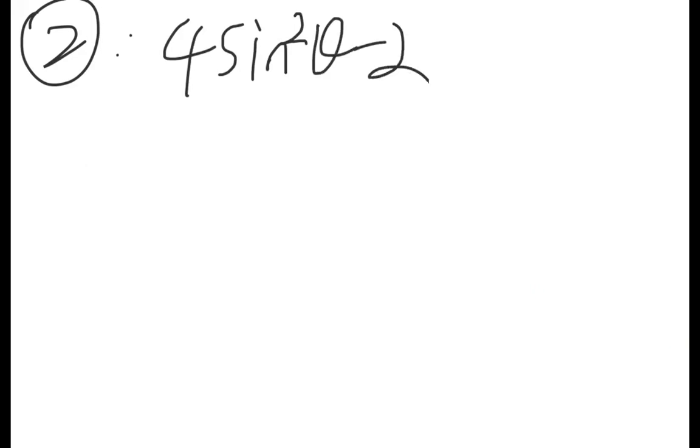you have four times sine square of theta minus 2 equal to 0. So in this case, you have the square of the sine, which is hard to deal with. We don't know the graph of it, so we want to reduce the power of sine, right? By the reducing power identity,